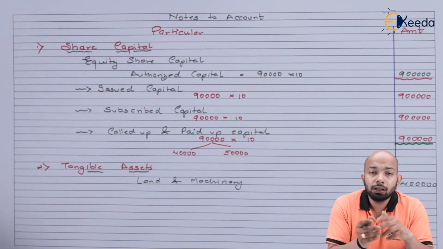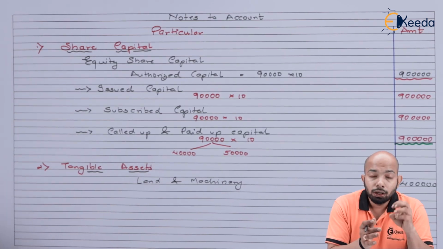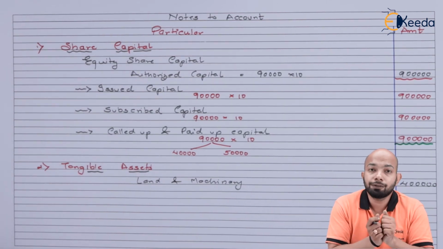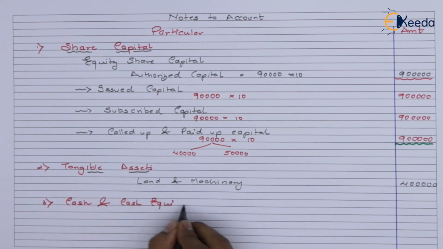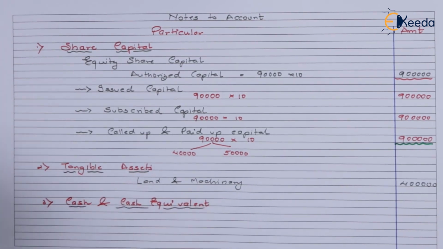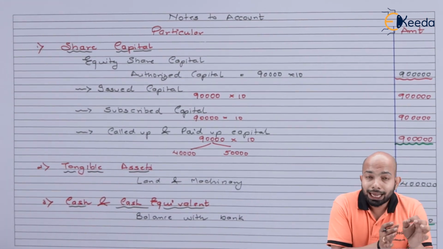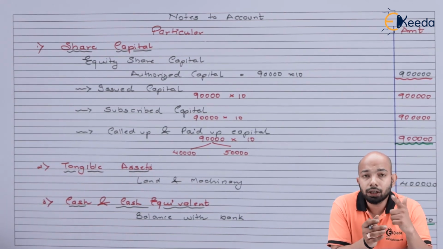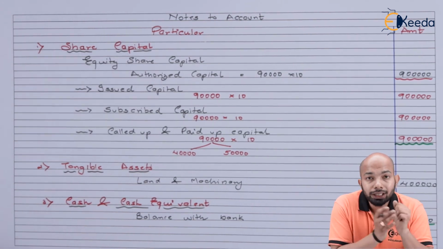The next asset will be current assets, that is cash and cash equivalent that we have. We had issued 50,000 shares for public subscription. For that, we have received cash of 5 lakh. So we'll mention that. We have mentioned the notes to account, cash and cash equivalent. If you can see under both the green lines, one total is 9 lakh and the other total, that is the asset side, 4 lakh plus 5 lakh, gives you a total of 9 lakh. So the working part is done.